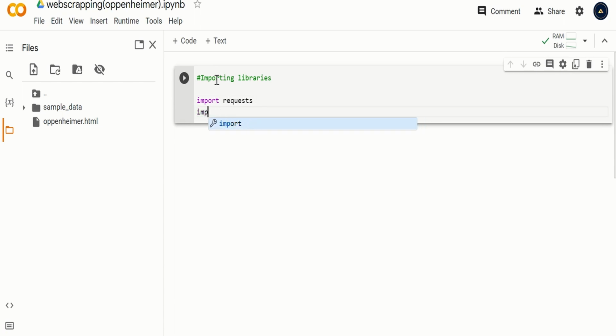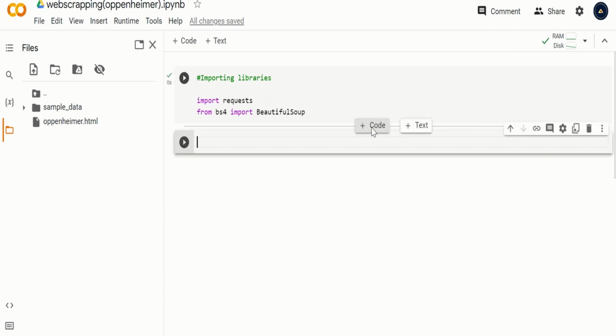So I'm going to say from bs4, it's already there, and we can go ahead to import those two. So that's okay, that's set up. And then I'll go to the next thing,